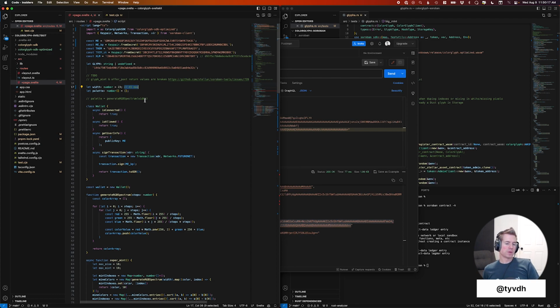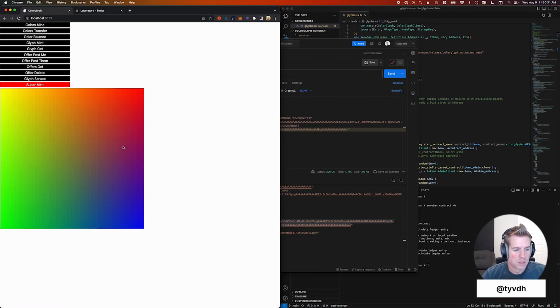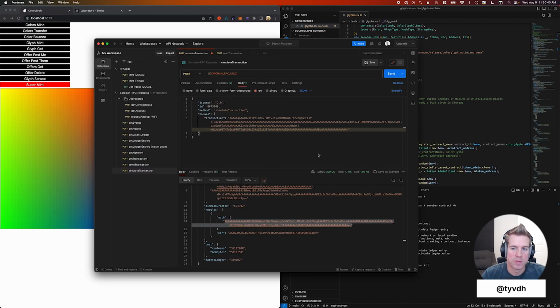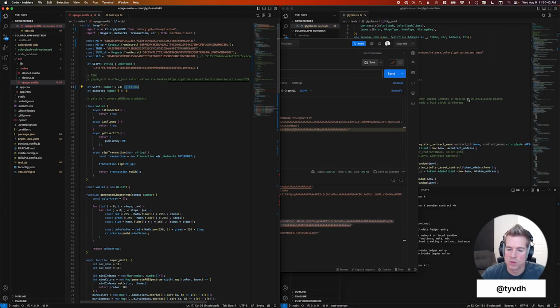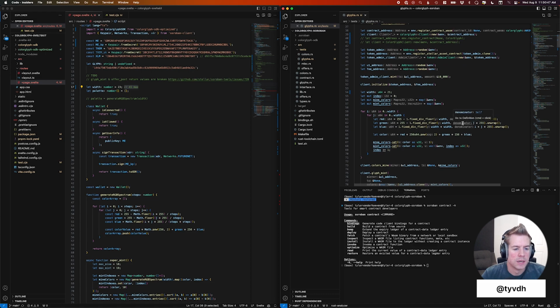Thankfully, I'm probably only going to allow 16 by 16, but it was good to know how close we are to the budget, particularly when your glyph contains a maximum number of unique colors. Most glyphs will only have like 6 or 8 or 10 unique colors, but testing your max, your crazy path, is important. So anyway, hopefully that's a little bit helpful for how to test against actual WASM code when you're looking at budgets instead of Rust code, and then also how to bypass the simulation endpoint,